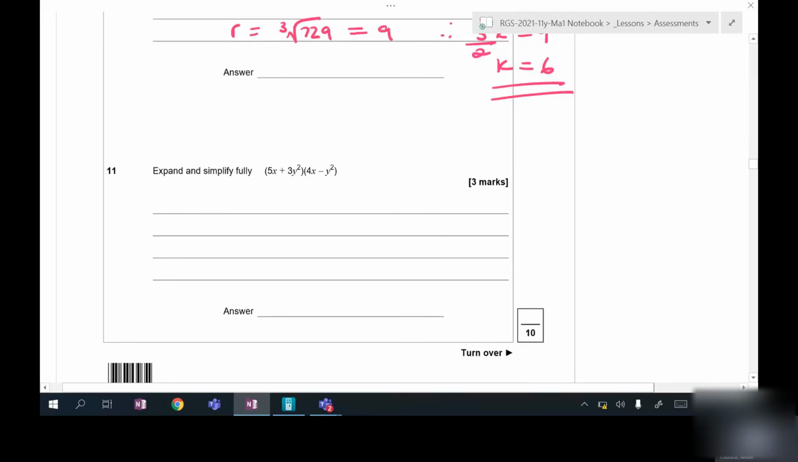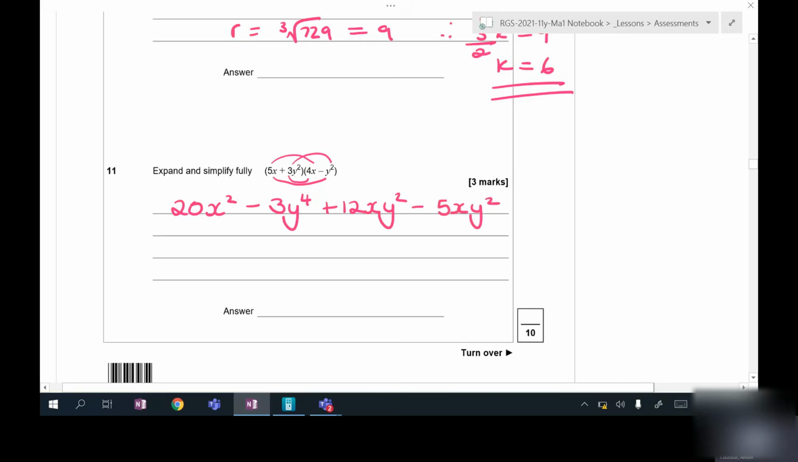More expanding in question 11. So just use FOIL as you normally would, but you've just got some harder expressions in there. So 4x times 5x gives me 20x squared. I've then got 3y squared multiplied by negative y squared, so that'll give me y to the 4. And then we've got 3 times 4 is 12, we've got an x and a y squared. And then my last term is